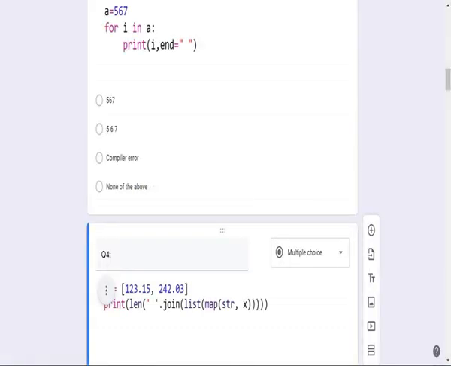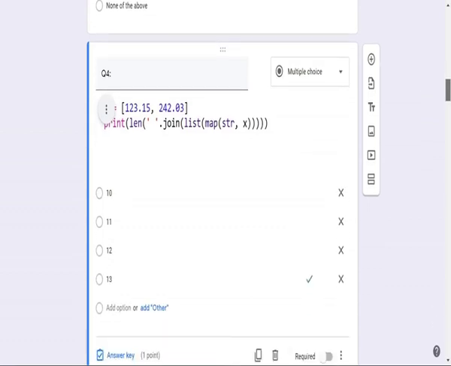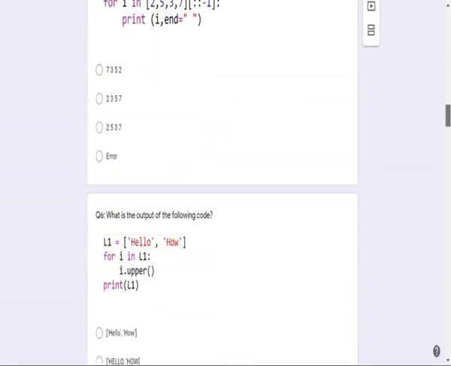What is the length? 1, 2, 3, 4, 5, 6, and 1 space, 7, 8, 9, 10, 11, 12, 13. If you understand the join operation, by performing this statement the numbers are converted into strings and the strings are separated by spaces. And the length is 13.